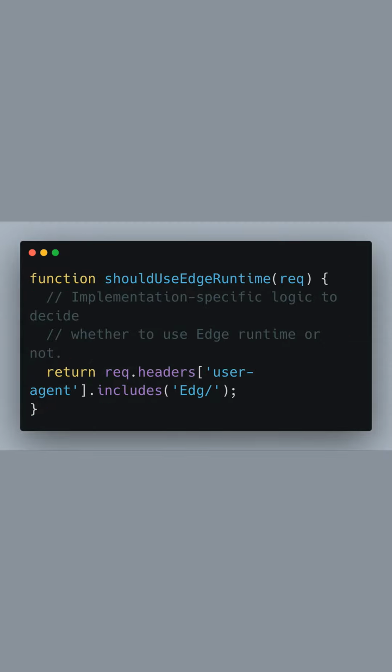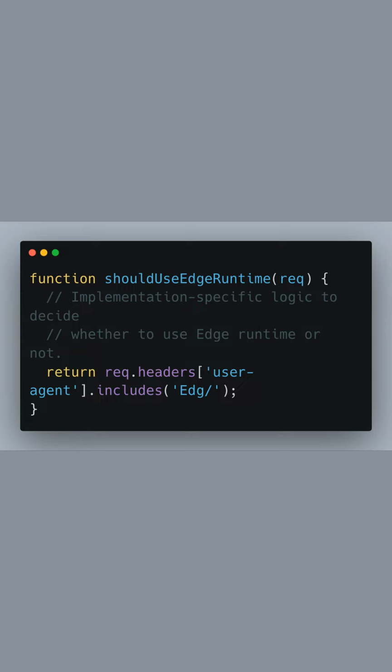The shouldUseEdge_runtime function encapsulates the logic used to determine if the Edge runtime is suitable for a given request. For example, this simple implementation checks the user agent header for the presence of Edge, indicative of an Edge browser. Based on such conditions, which can be more complex in real scenarios, the function returns a Boolean value indicating whether to opt for the Edge runtime. This function can be customized to consider various factors such as the request path, query parameters, or even the geographical